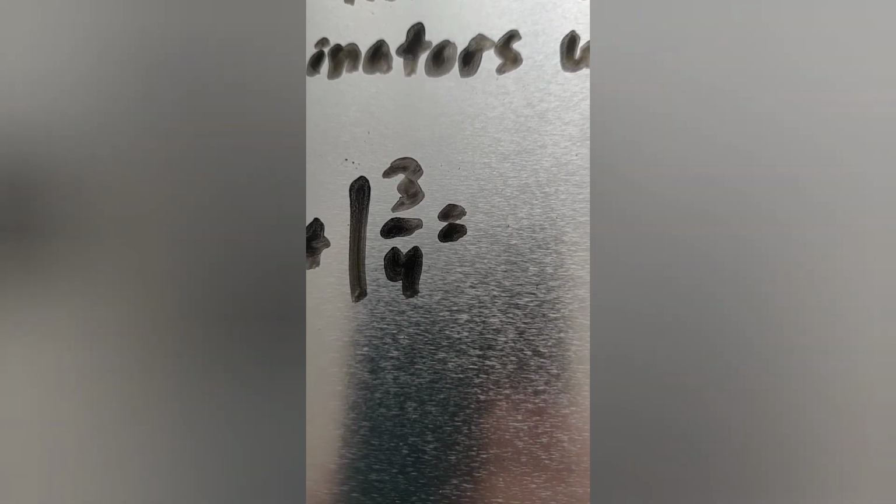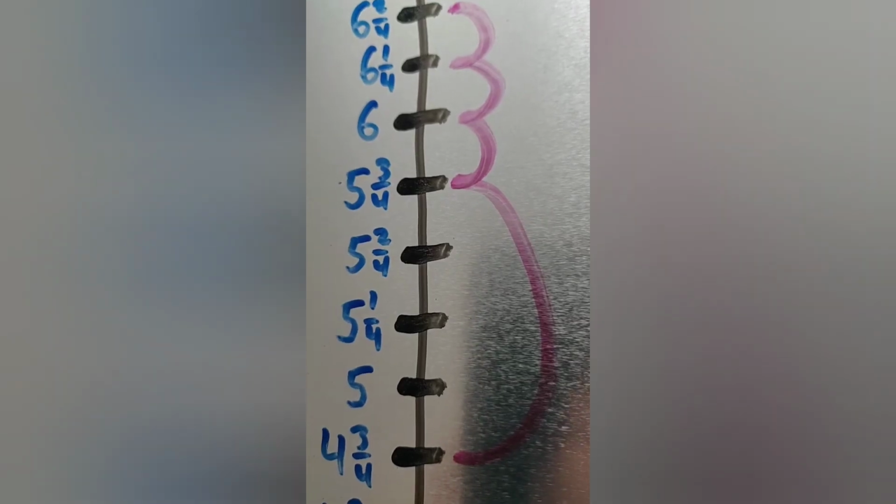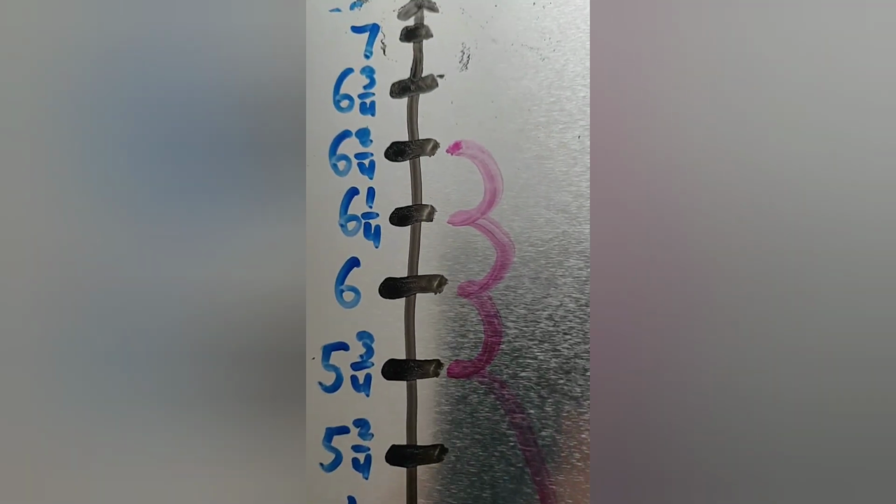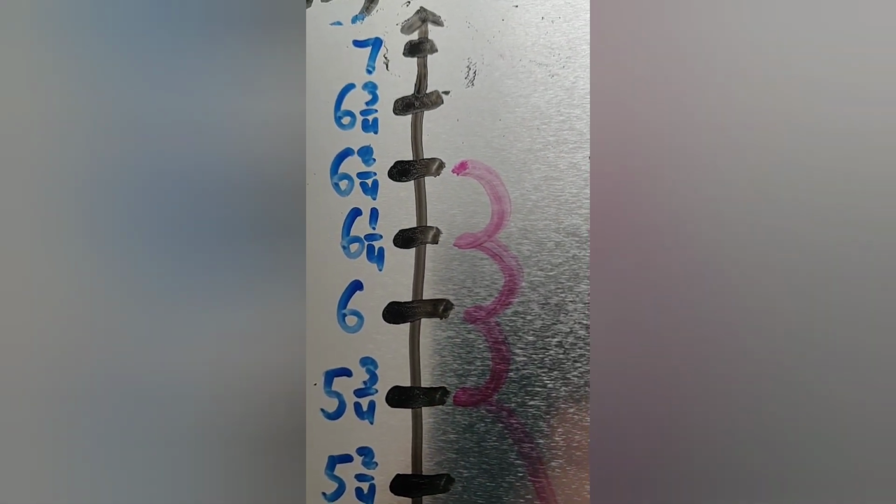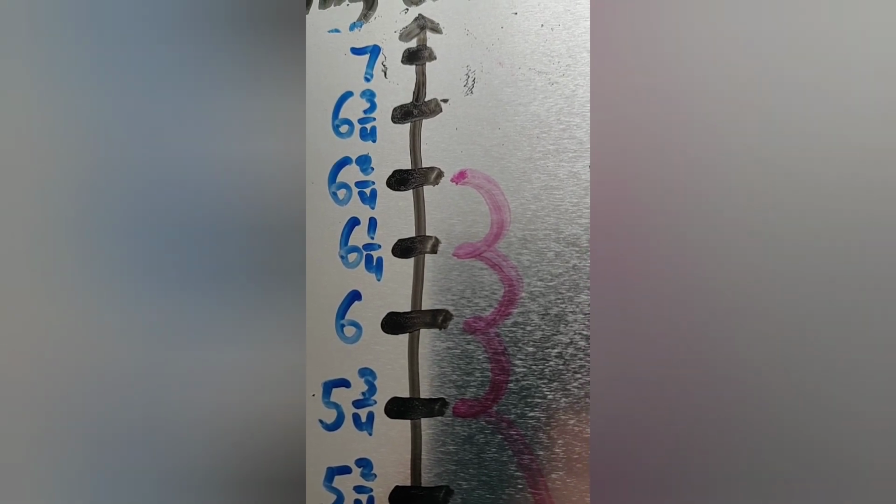And now all I have to do is, I've already started at 4 and 3/4. I added that whole, or I jumped up 1 whole. And now I have to jump up 3 more fourths, or 3 more of those fractional parts. 1/4 3 times. So again, I jumped that whole 1 from 4 and 3/4 to 5 and 3/4. Now I have to just jump those 3 more fourths from 5 and 3/4. So that takes us to 6, 6 and 1/4, 6 and 2/4, and 6 and 2/4 is going to be